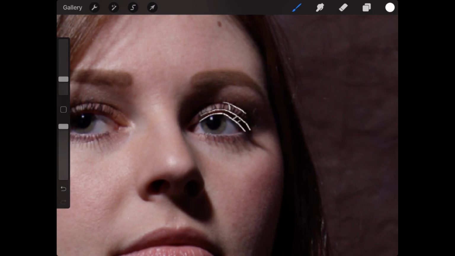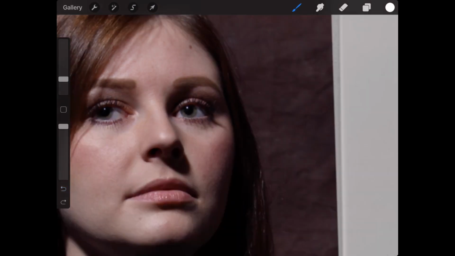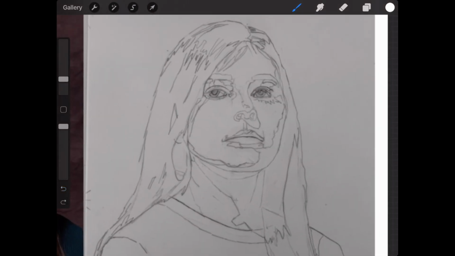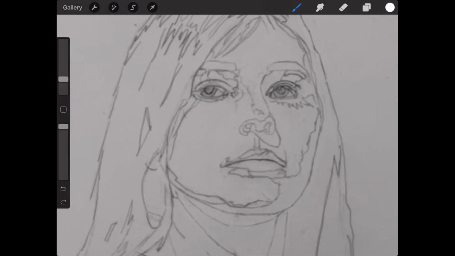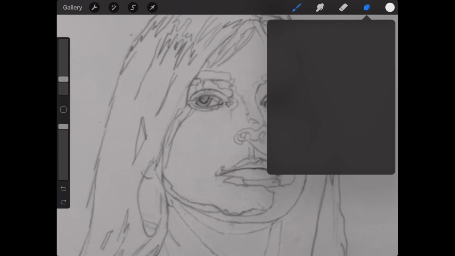And that's it. I wouldn't even worry about the cast shadow on the eyeball, because that can be done tonally later on. I realize that's what you're indicating, but it can throw off your drawing. Plus you have this in the whites of the eyes, and it's going to fight you when you get into the painting stage. You can easily indicate that cast shadow in the tonal underpainting stage. So just keep that in mind.